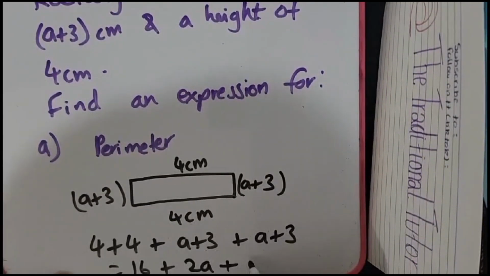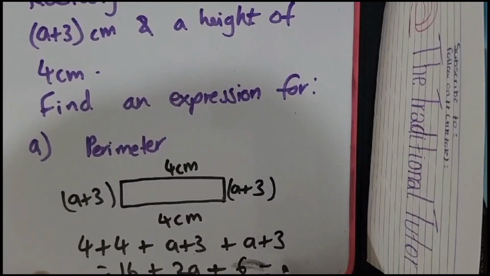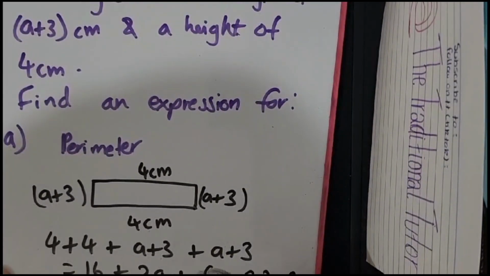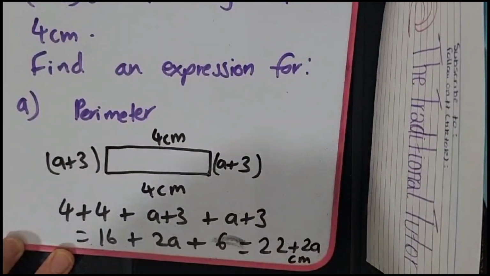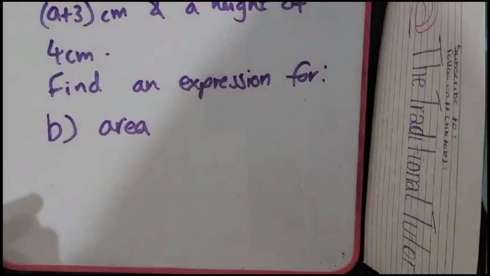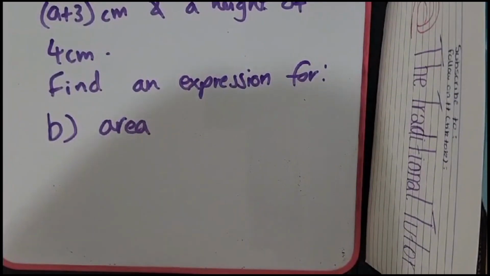And then plus 3 and 3, which gives us 6. And then the final answer is just 16 plus 6 is 22, and then plus 2a. And we've got to remember to add the centimetre as well on the end. So that's the perimeter. Okay, so next they've asked us to work out the expression for the area of this